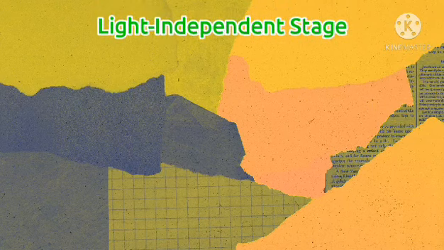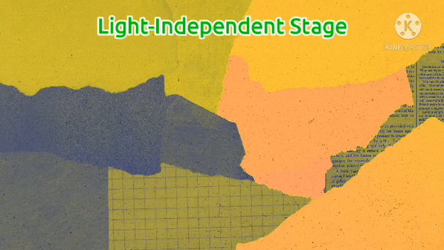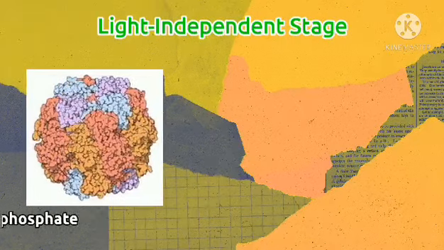We are now onto the second part of photosynthesis, the light-independent stage. It consists of reactions that use the energy created in the light-dependent reaction to make glucose. Carbon dioxide enters the chloroplast of plant cells through the stomata. An enzyme called ribulose